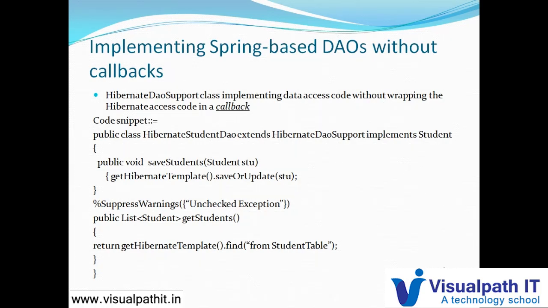There are very few lines of code here. Save or update is a method and find is another method. Get Hibernate template is also another method, which also makes the code very simple. So without callbacks, we can implement in this way. Hope it is easy to understand. If we remember these three methods, that is save or update, find and get Hibernate template, these three methods present in the Hibernate DAO support class help us to implement the Spring based DAO